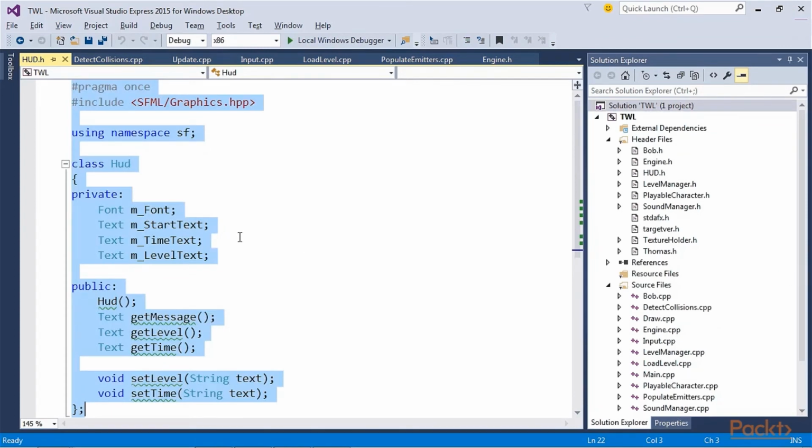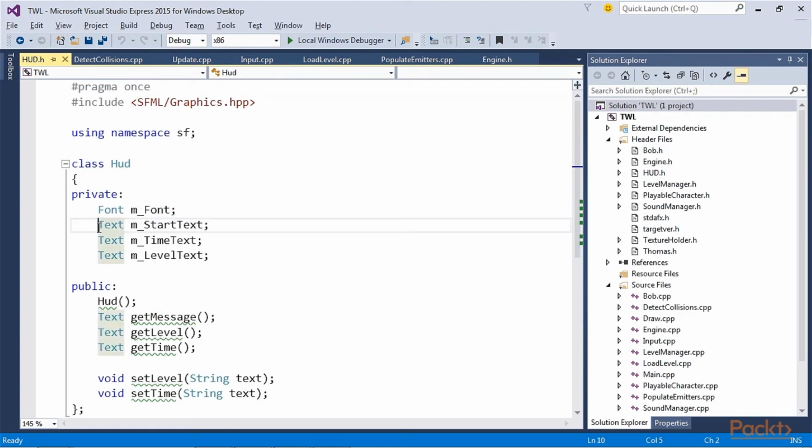In this code, first we add one font instance and 3 text instances. The text objects will be used to show a message prompting the user to start, the time remaining, and the current level number. The public functions are more interesting. First, there is the constructor, where most of the code will go. The constructor will initialize the font and text objects, as well as position them on the screen relative to the current screen resolution.